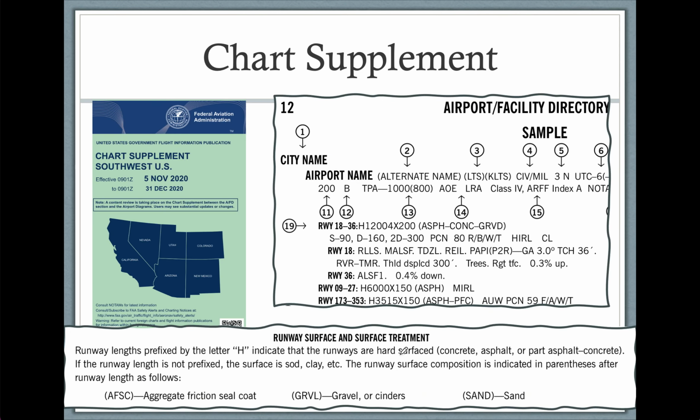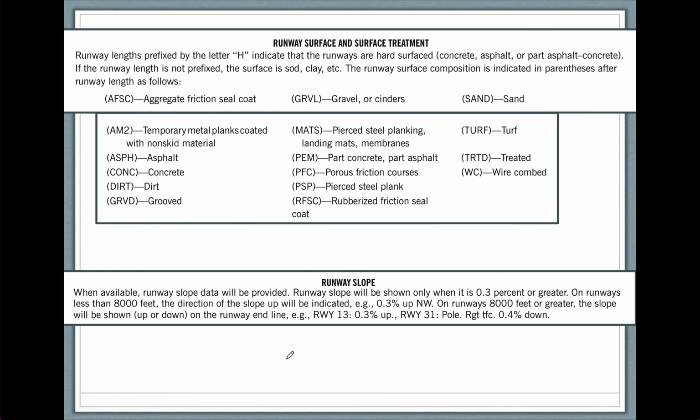And if you forget how to use the chart supplement, we'll go to the answer key, the legend for the chart supplement, and they talk you through it. For example, here, this is out of the test prep legend. They're telling us, since we're looking at runways here, you would find, and what does ASPH mean? You look down here and it would tell you. You would just literally turn a few pages into the legend and it would tell you. But if you really want to know, there's all the acronyms for all the different runway surfaces. And then